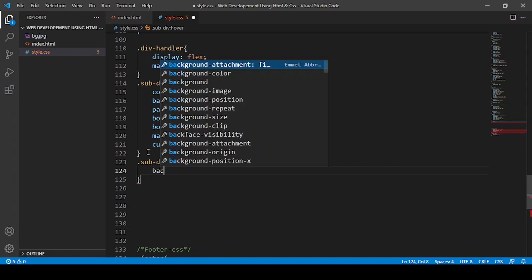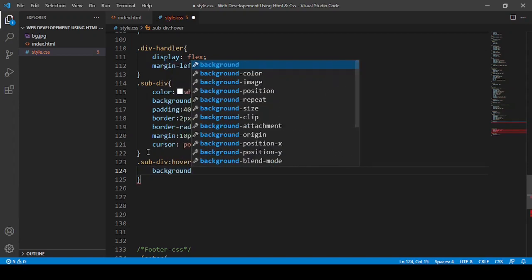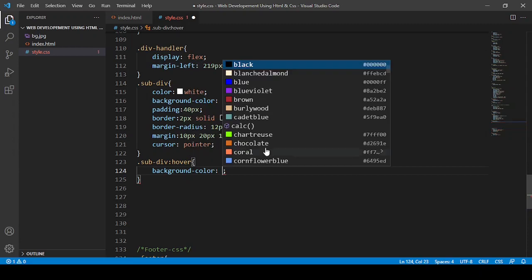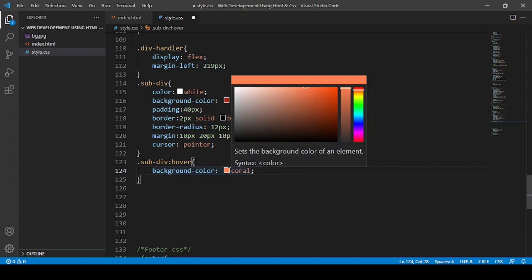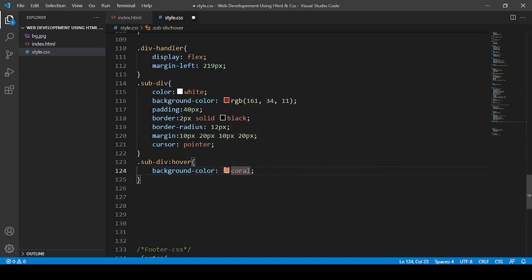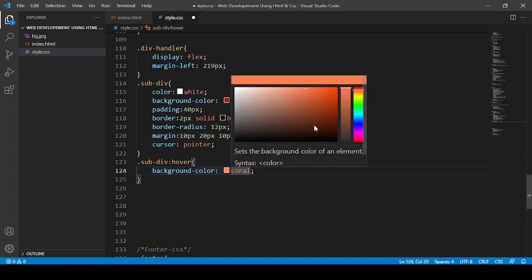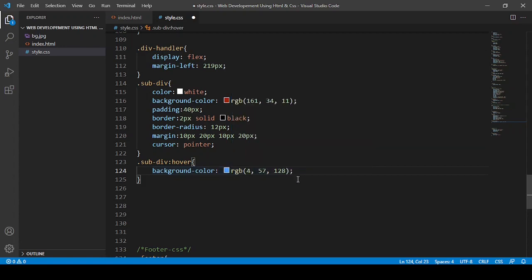So from this one I'm going to change its background to something like this one, yeah.